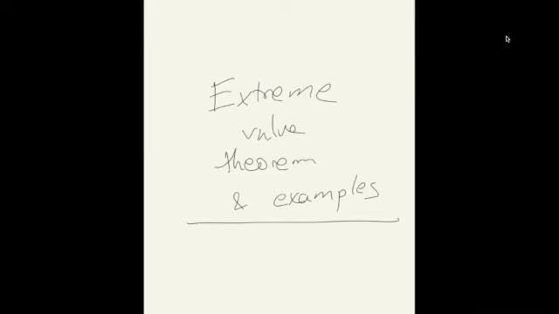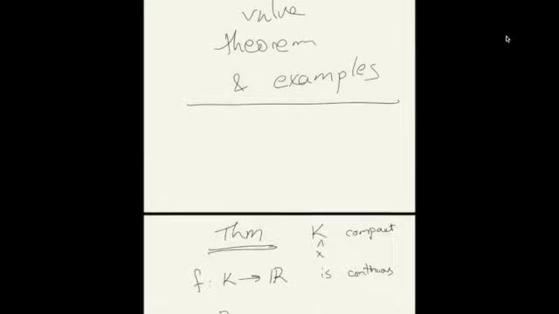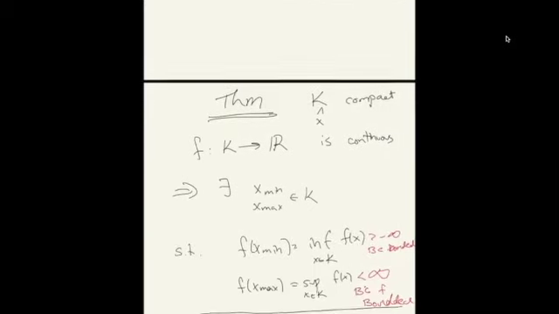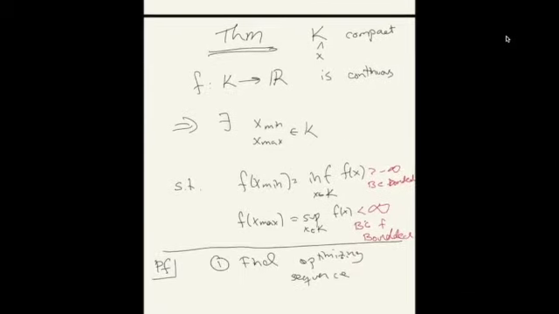Hi all. This video will be on finishing up our discussion on the extreme value theorem and discussing at least two examples related to that. So the extreme value theorem states, and it's a general metric space fact in this class, that if we have a compact subset of a metric space, and we'll see how this assumption of compactness is in general necessary, and if we have a continuous function on that space, then there always exists a minimum and a